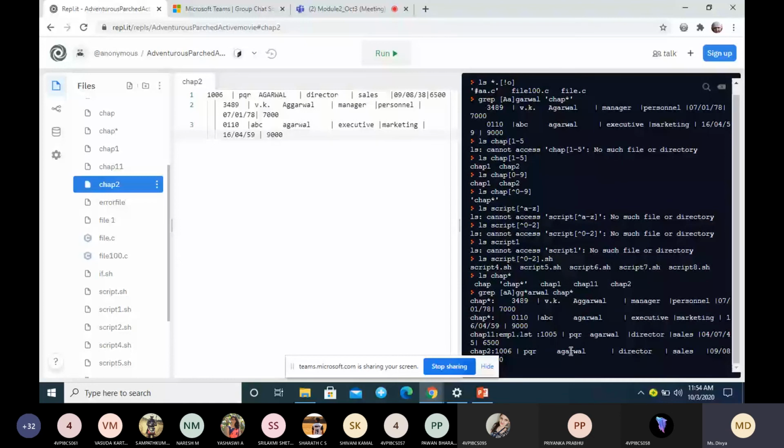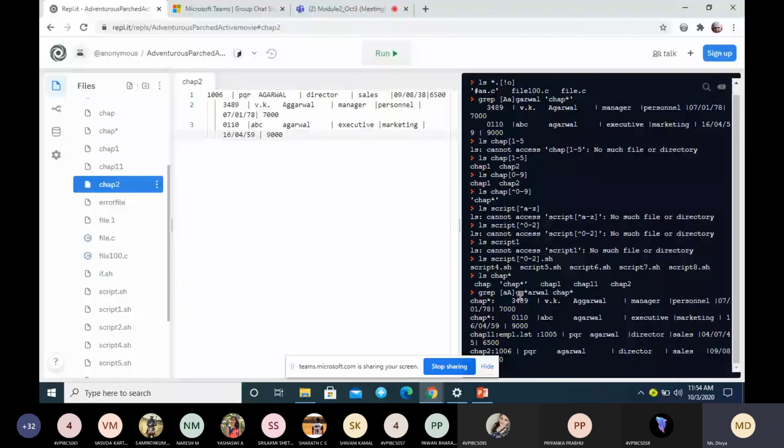So see here in the output what we are having. We are having the name. Here we have double G, here we have single G, again here single G, again here single G. But it can match zero or more occurrence of the G. G star tells it can have zero or more occurrence of the G. So here I have only one G, but it can match any number of Gs.